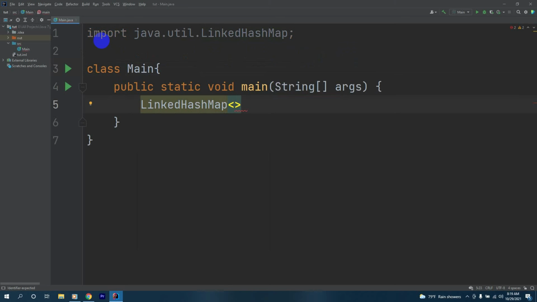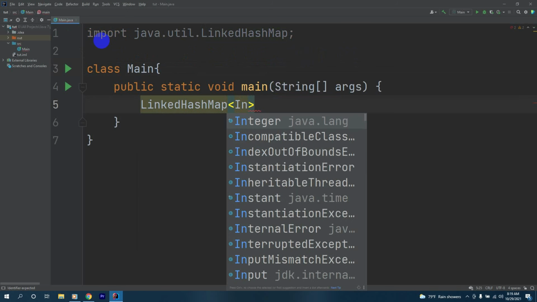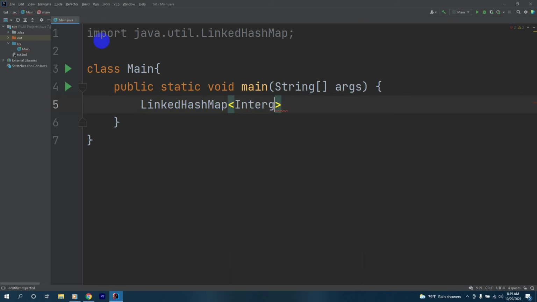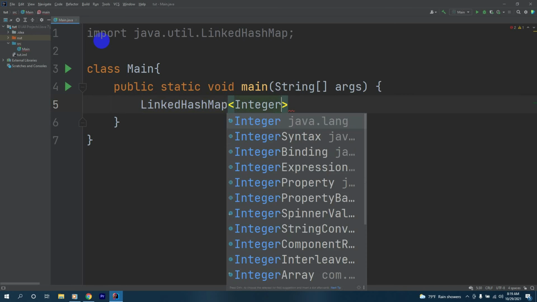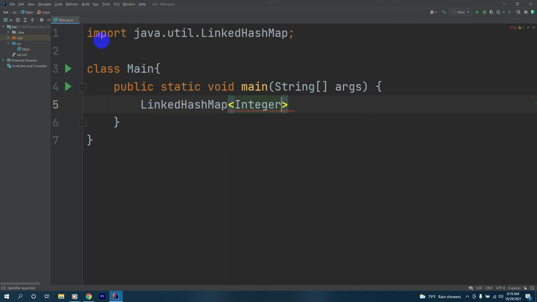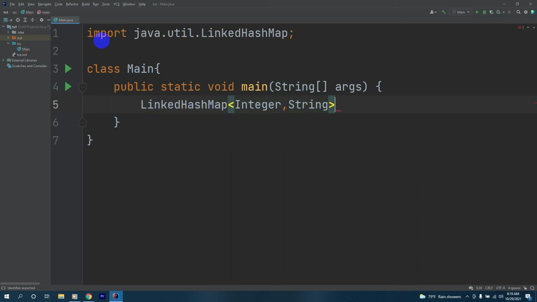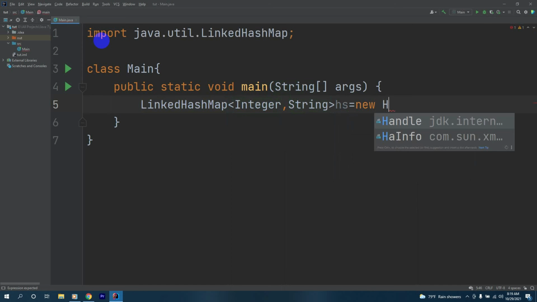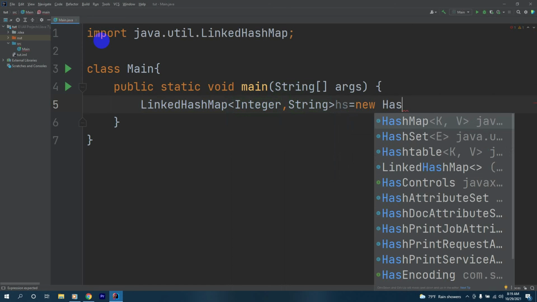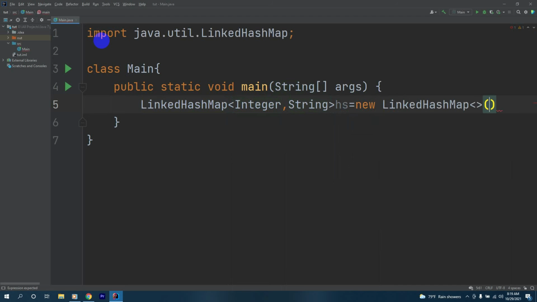After that let's give it some key value types. I'll give the key as Integer and the value as String, and I'll call this hs and make it equal to new LinkedHashMap.